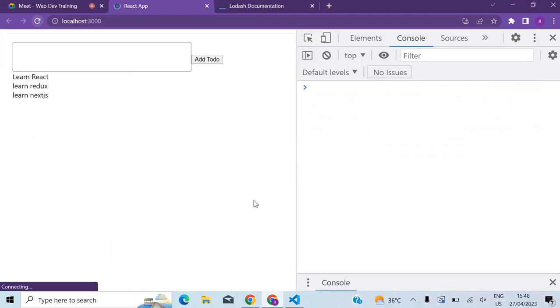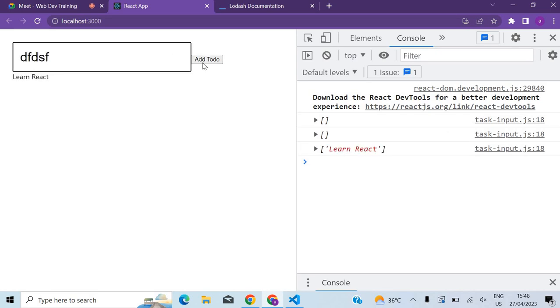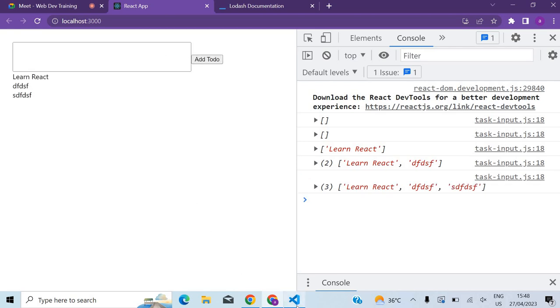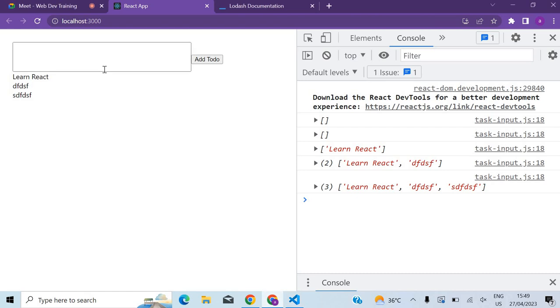So if I reload now, you can see that error is not here. Okay. Sorry, that warning is gone now. So this is the concept of list rendering. Okay. Now what we can do,